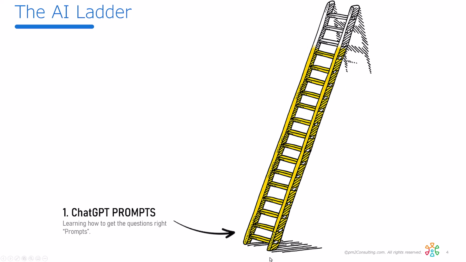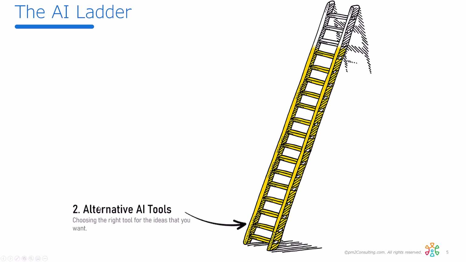So the next step, I'm going to call it rung number 2. You're moving up to now being able to use alternate AI tools. Like, you're aware of tools that, for example, help you write music, help you do art. There are different tools that help you create business analytics and strategic development. So you got to begin figuring out which is your right tool to use for the different questions. And maybe part of this is the personas as well. Again, it's a small step. Now, that's step number 2.